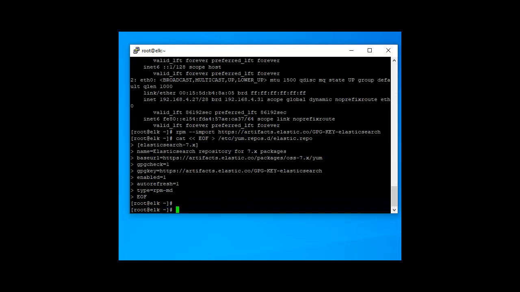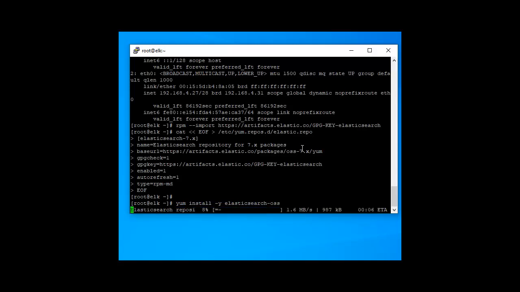Enter. So start the installation of Elasticsearch. The command is yum install -y elasticsearch-oss.